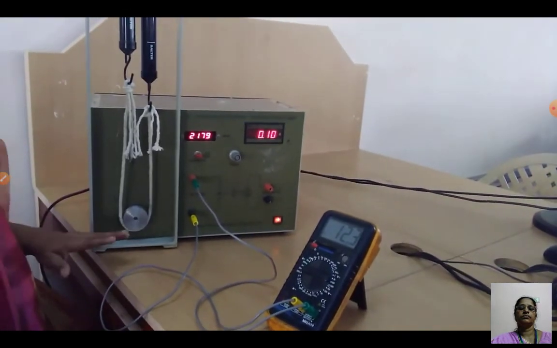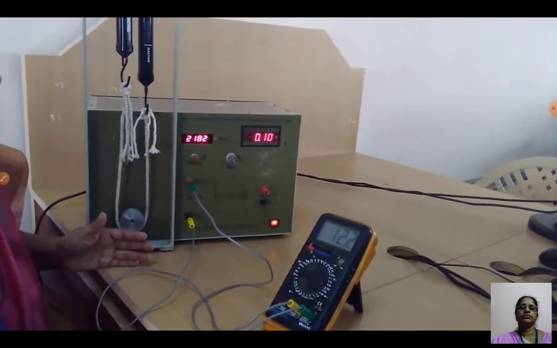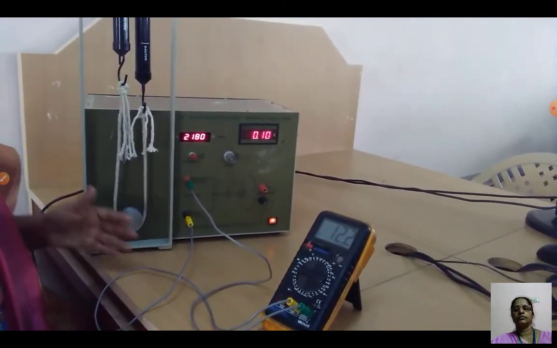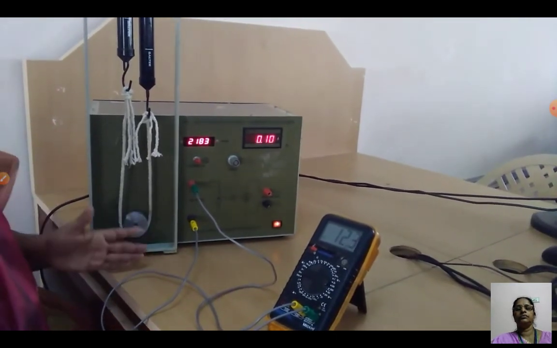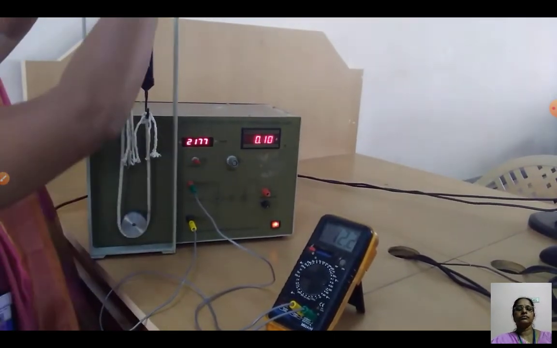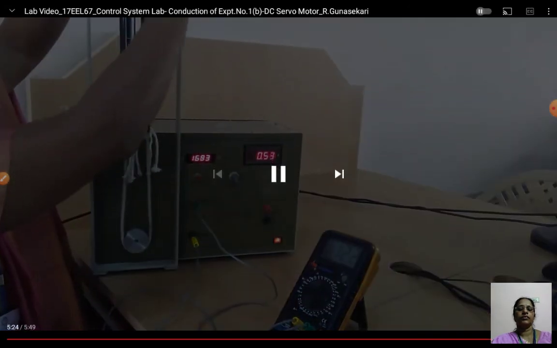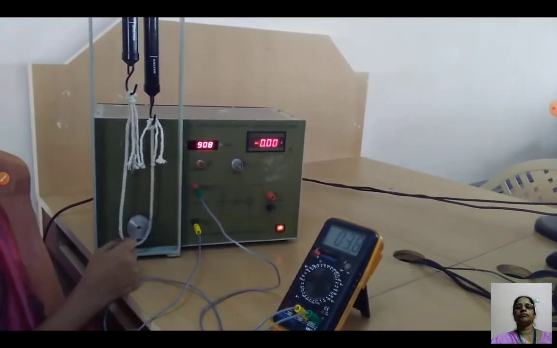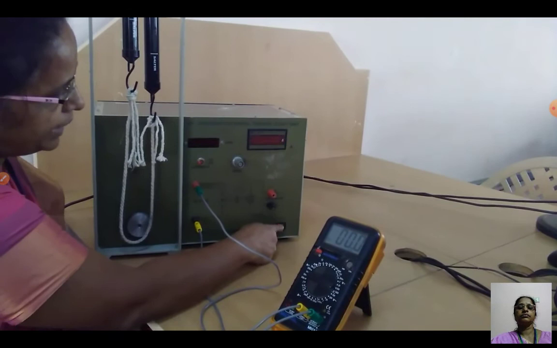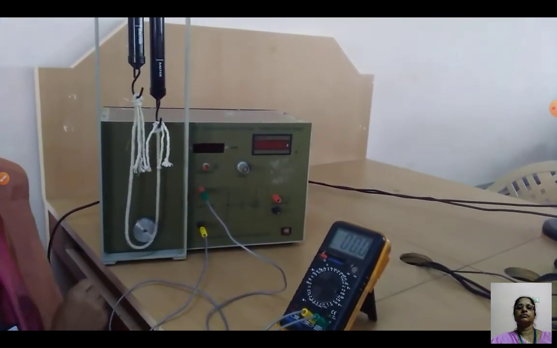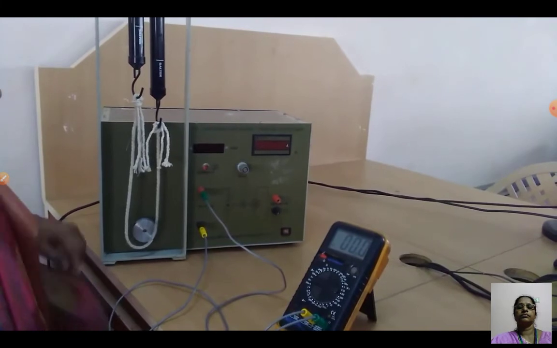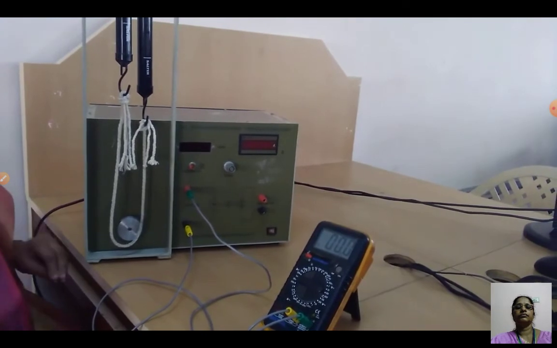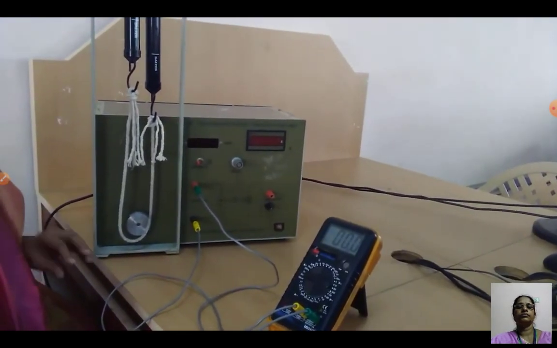This experiment is continued until the motor reaches the rated current only. After that, once the motor reaches the rated current, you release the load. The load should be a no load, and then switch off the servo motor unit and then switch on the main supply. After that you write the result. The DC servo motor speed torque characteristics experiment is conducted and the speed torque characteristics of the DC servo motor are drawn.